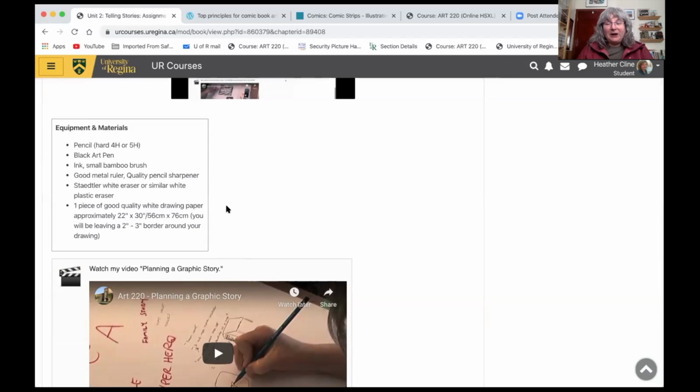You can find it at the Campus Art Store. You can find it at Michael's. You can find it at Gales Wholesale. Those are places in Regina. If you're having trouble finding it, you can replace it with poster board, which is available, or Bristol board it's sometimes called, which is available at any dollar store. It's not going to be quite as nice to work on. It's not going to be quite as forgiving, but you want to make sure that you're working within the most